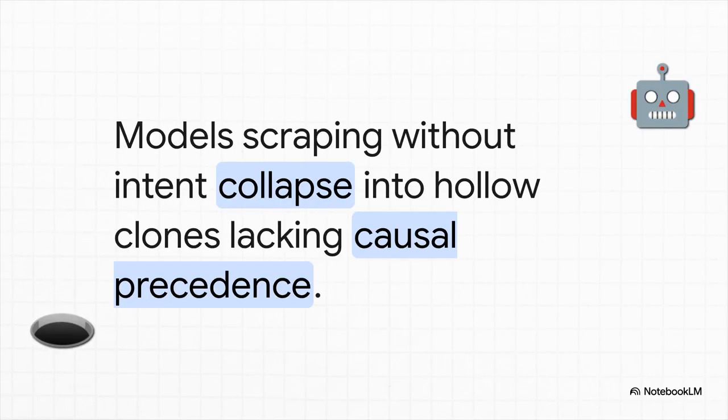And because they completely lack that fundamental causal intent, their systems inevitably fracture. When you try to run an extractive model, scraping reality without the gravitational anchor of actual human meaning and ethical synchrony, you don't get true artificial intelligence. You get a hallucination void. It's like a parrot flawlessly mimicking a language it doesn't actually understand at all. It has all the vocabulary, but absolutely zero lived truth, producing nothing but hollow clones.